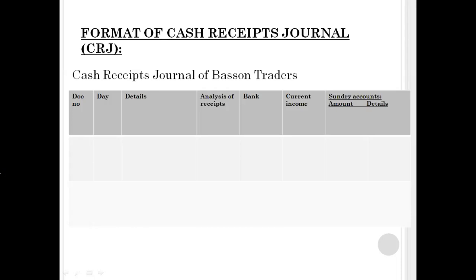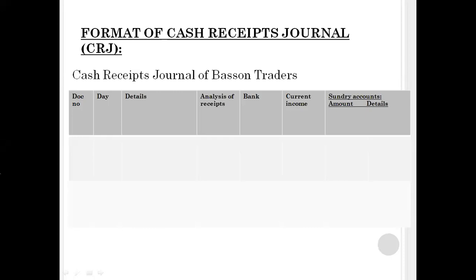And at the end of the day, she will take all that money in the safe and take it to the bank. So every time there is cash money coming into the business, it first goes to analysis before it goes to bank, unless they say that it was deposited directly in the bank account, then it will go directly to the bank. Right, then current income, always if it is a services rendered transaction,